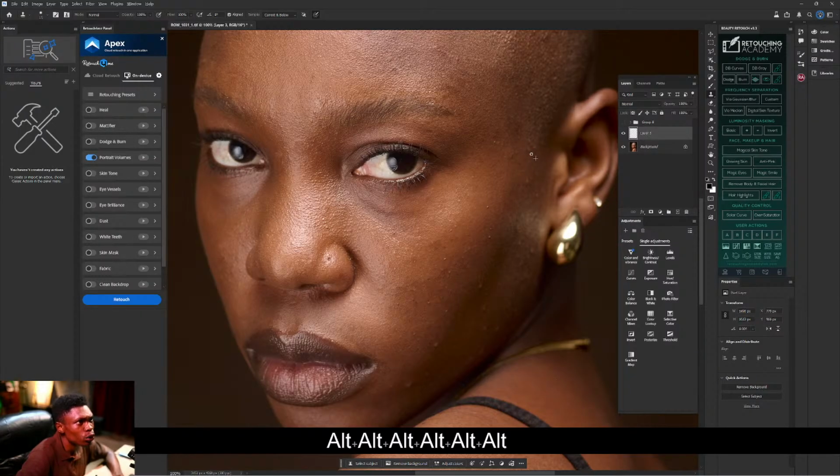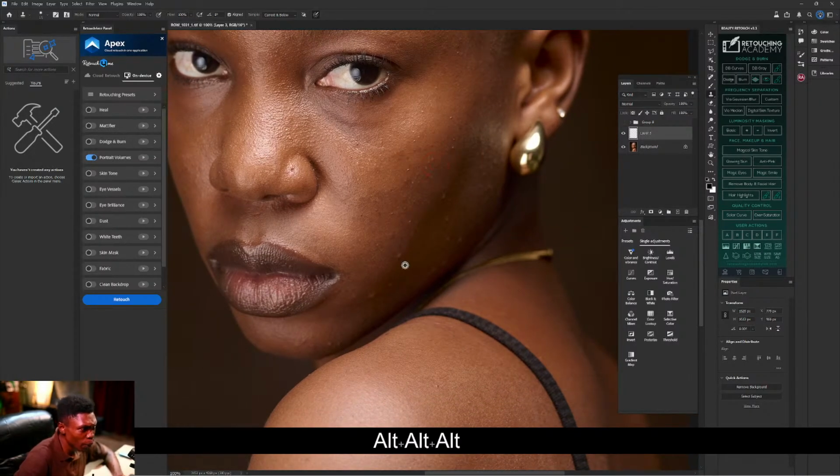And if you dey do retouching, abeg understand how clone stamp dey work. Learn clone stamp. A lot of videos dey on YouTube. I just hope say one of my classes I go talk about clone stamp. Learn clone stamp very well.